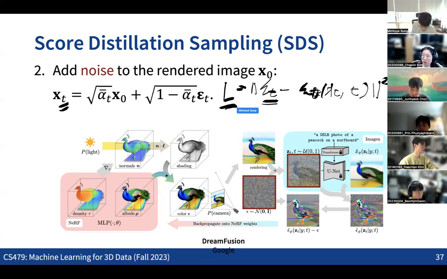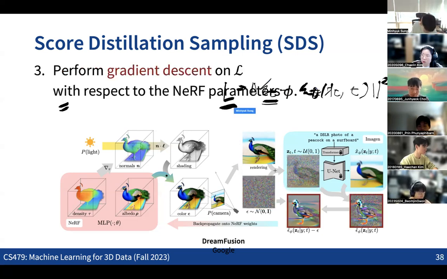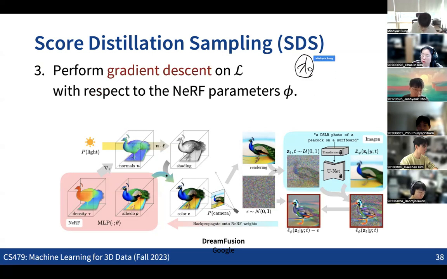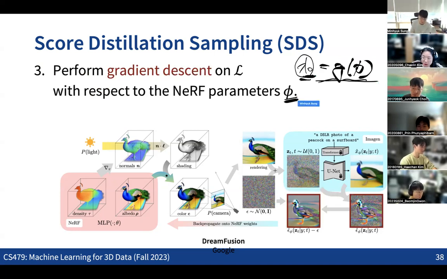So this becomes our objective function, and we are running the back propagation through the loss function here, and also all the way to x0, which is the rendered images. And actually, we are running the back propagation all the way through the NeRF parameters, because x0 is also the output of the rendering, right? So we can run the back propagation all the way down to the NeRF parameters in a way that we can now update the NeRF representation.